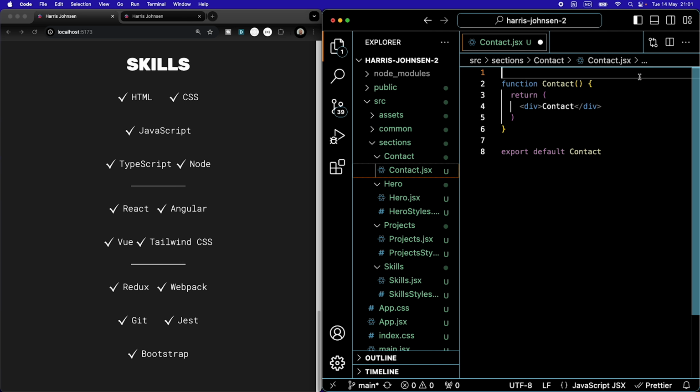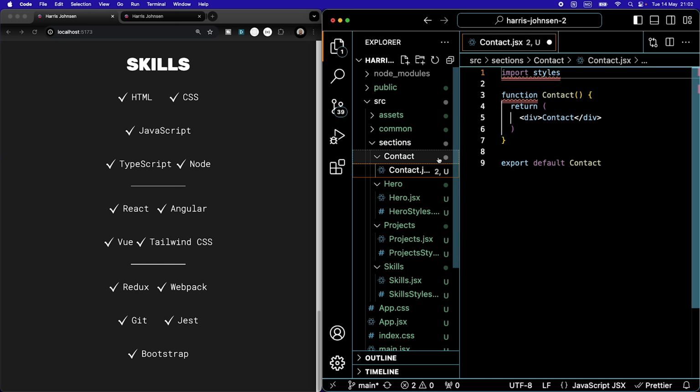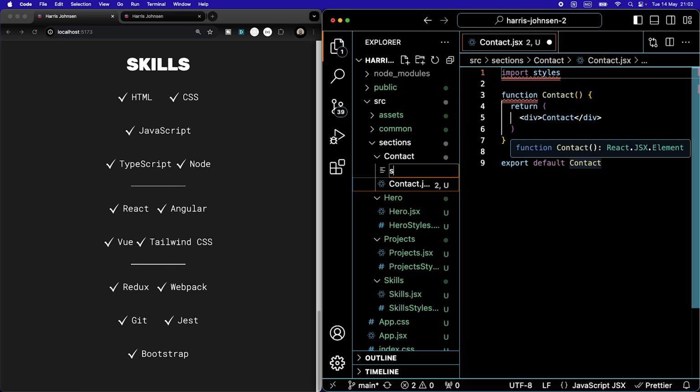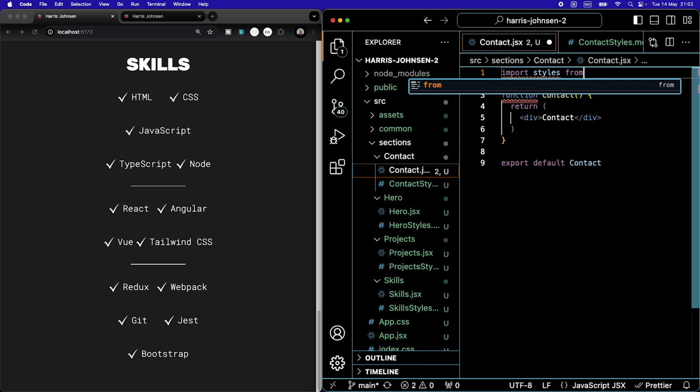We're going to change the React with an import of styles. Let's also create that first. Contact styles dot module dot css. Import styles from